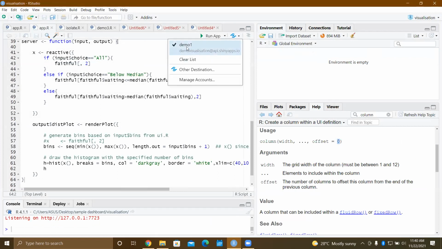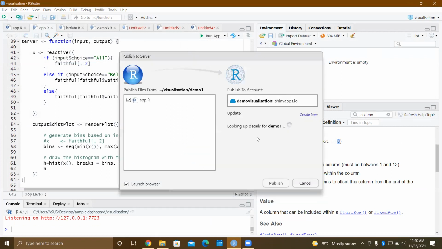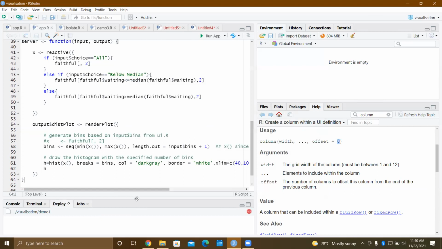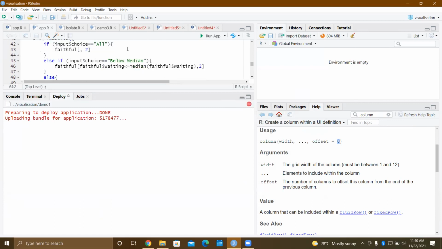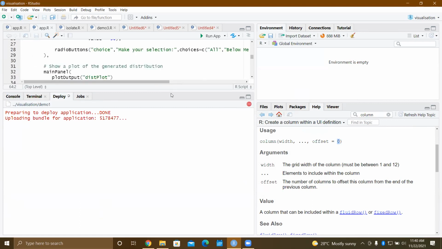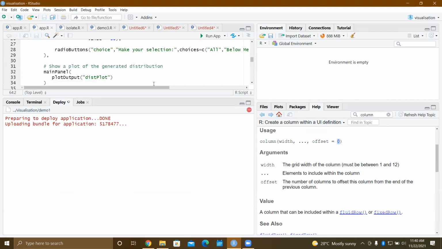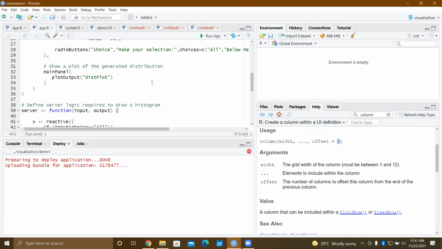If you need to deploy it, you will see this already deployed app. You can just click it here. This is where I have deployed this particular dashboard, in this account, so this is just an update. I'll just deploy it once again. I think you guys don't have any problem since you were using the default thing. Here I had modified the dashboard function, that's why it was giving an error.